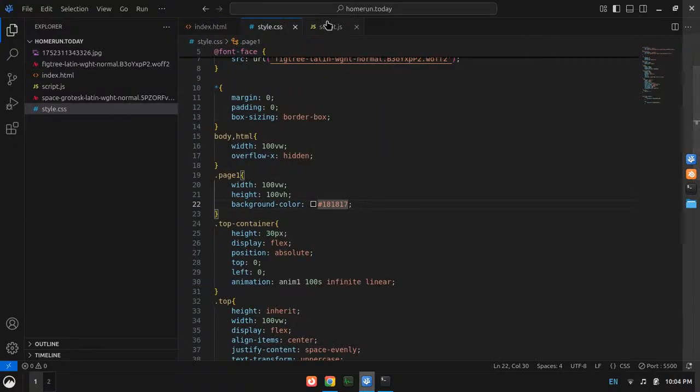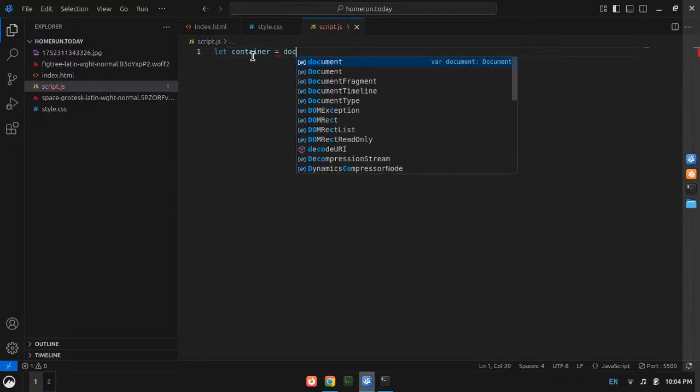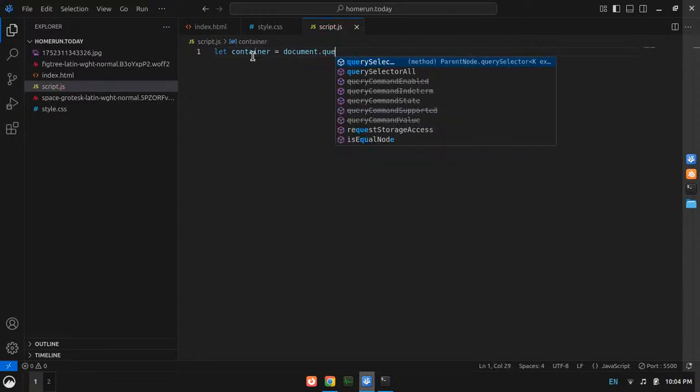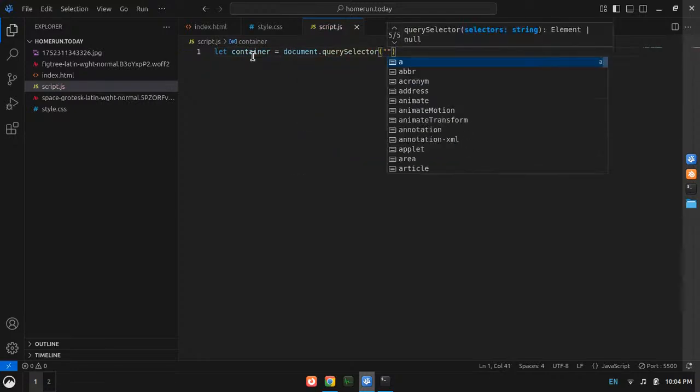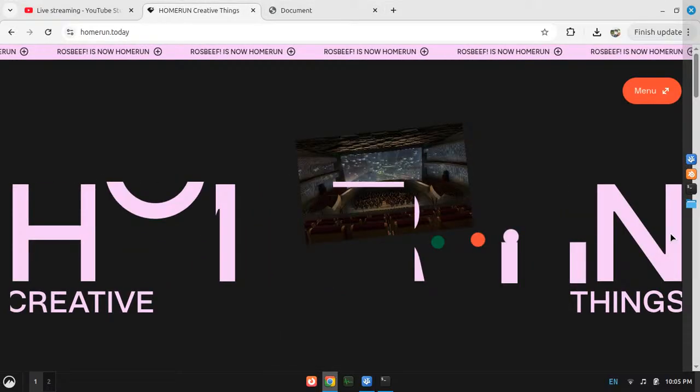So let's fire up with the JavaScript and let container equal to document dot query selector, and what was it? Maybe text container, right?